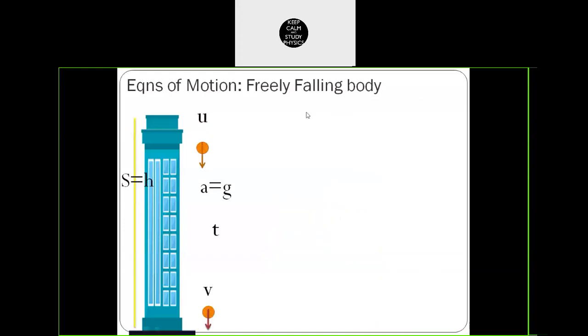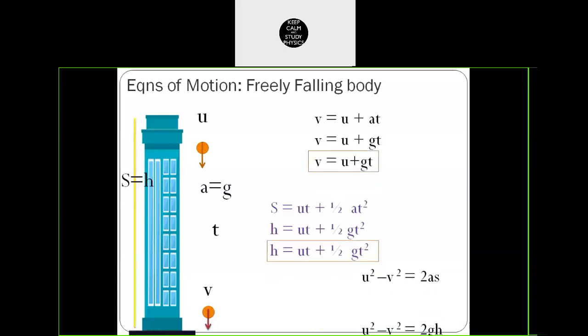Again, we go for the freely falling body now. What is the change for vertically projected up bodies and freely falling bodies? Yes, exactly, the value of g. Now, acceleration due to gravity becomes positive because the ball is falling in the downward direction. Acceleration due to gravity is also acting downwards, so now it becomes positive. Now we modify the equations accordingly. We have the first equation, v equals u plus at. Only change is in place of a we take g, so v equals u plus gt. Likewise you can modify all the equations easily.